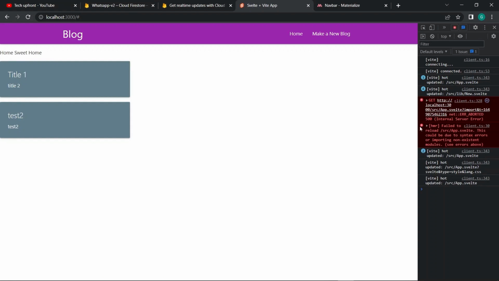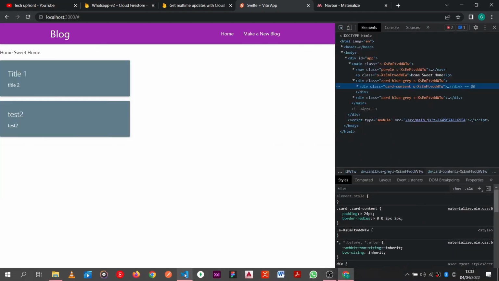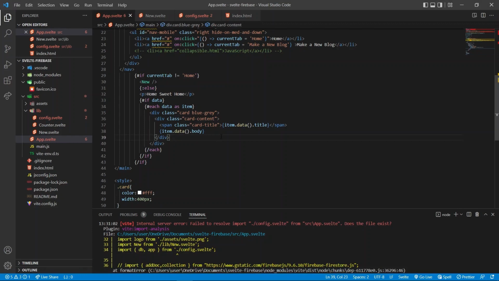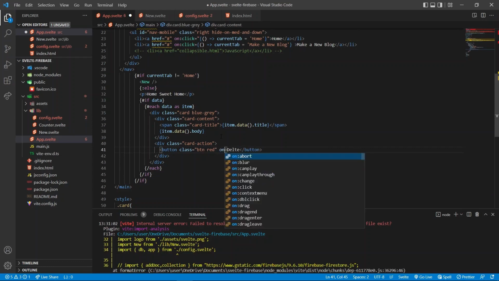The last thing that we're going to do is make the delete function work. So how are we going to do that? After the card content, we're going to have a card action. In the card action, we're going to have a button, btn and red. Then it's going to say delete. On click,